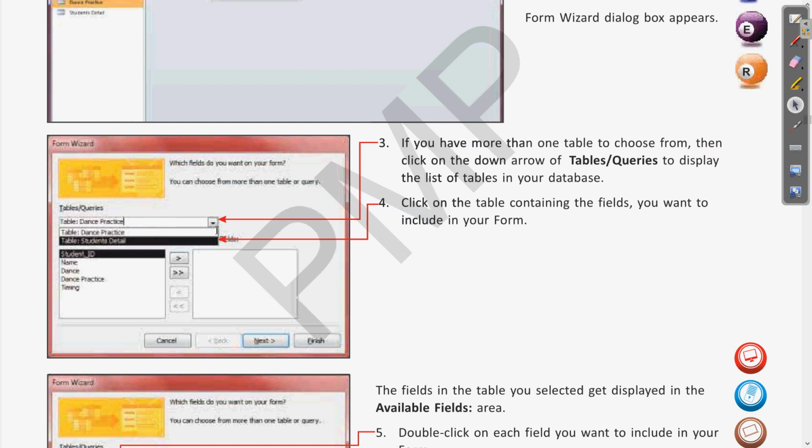If you have one or more tables, when you click this drop down button, the respective table can be selected and all the fields related to that table are shown. For example, here you can see that the Dance Practice table is selected, and the different fields of it are being shown to us.